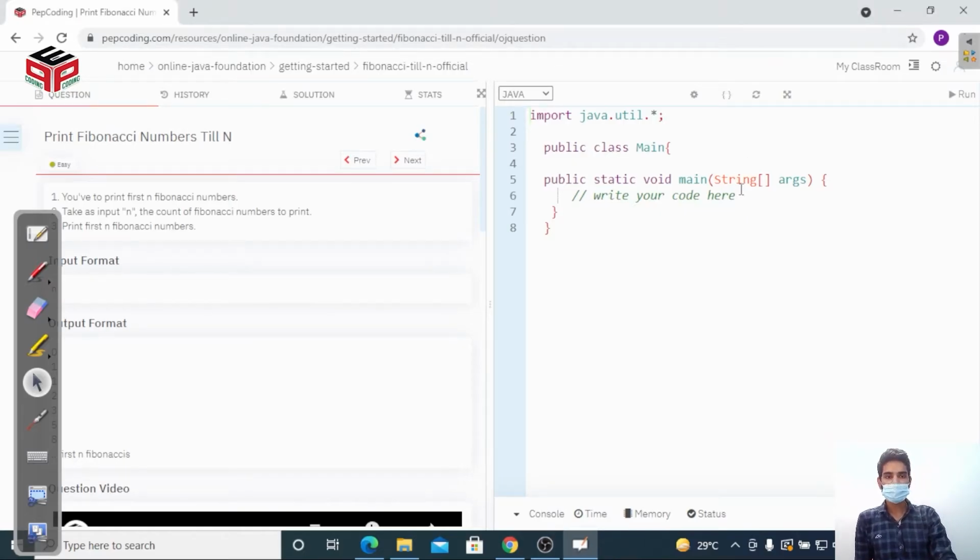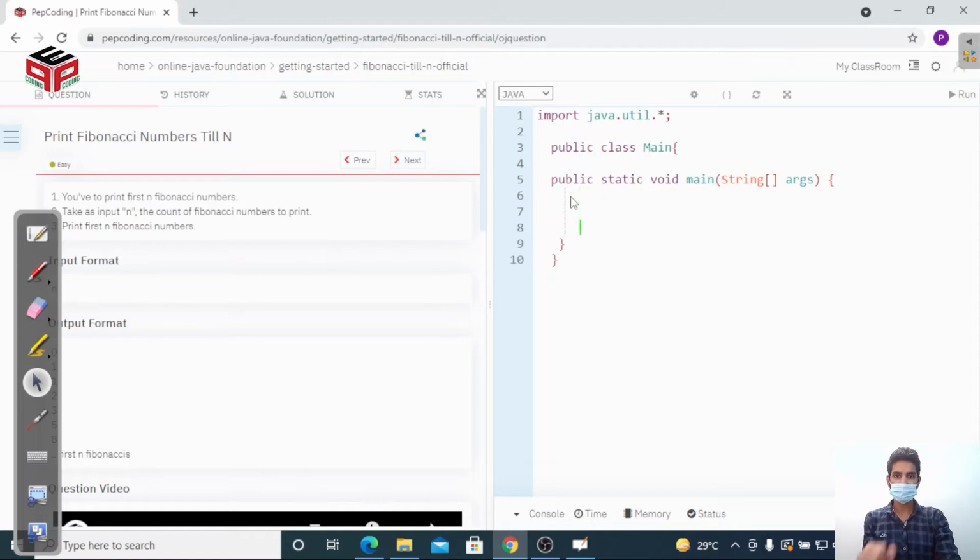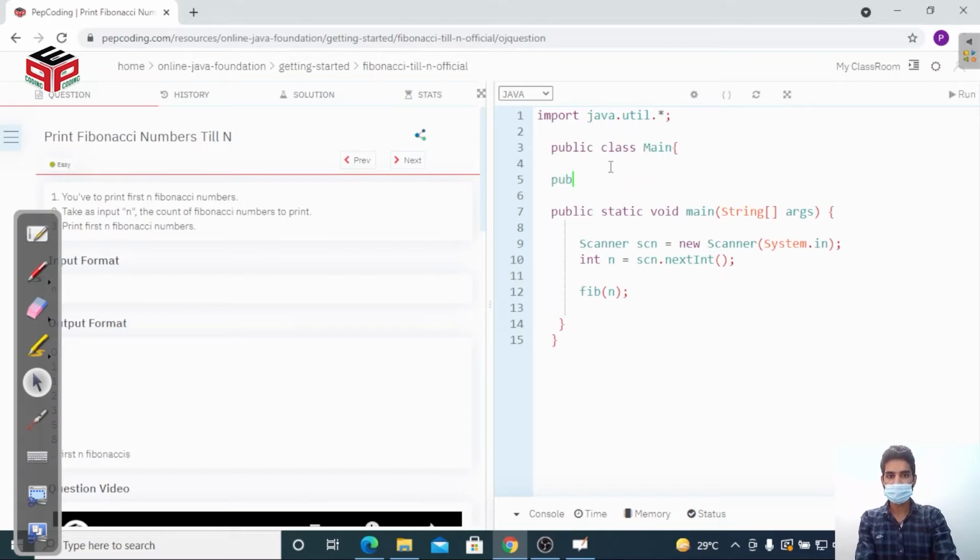Firstly, let's take the input: Scanner scn equals new Scanner(System.in); int n equals scn.nextInt. Now let's hand over all the work to this function fib(n). This will print the Fibonacci series. So we will create this function: public static void